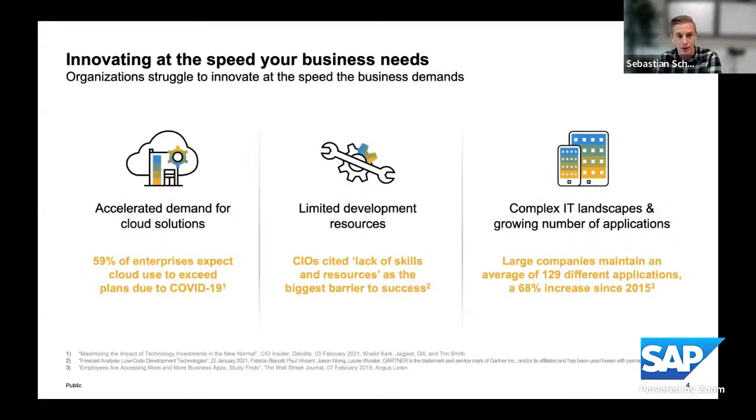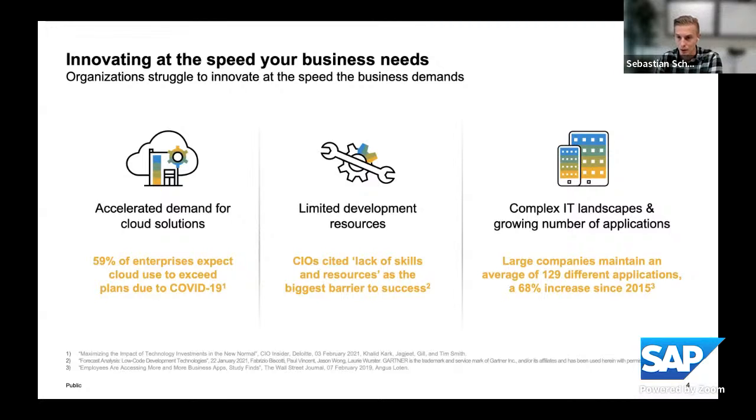On the one hand side, we have an accelerated demand for agility and cloud solutions. And that was even exceeded by the pandemic. We had not only the pandemic, but also a second major event that changed the way businesses run and how companies need to execute their business processes. And this always has an impact on the enterprise applications. The need for cloud rises because with cloud comes more agility. On the other hand, there are limited resources. We have significant resource shortage, and also budget is usually limited in IT organizations.